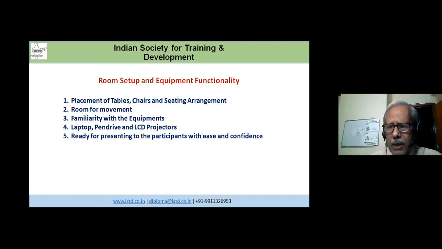The trainer must be ready with his material. It depends upon what kind of trainer he is, and what kind of assistance he wants in the classroom, whether he wants a ready-made point-wise description of the training program, the training materials, and so on. According to that, he should be ready. He should have a very clear idea in his mind, imagining what he is going to do and at what point of time, and that will create a lot of ease in his mind.